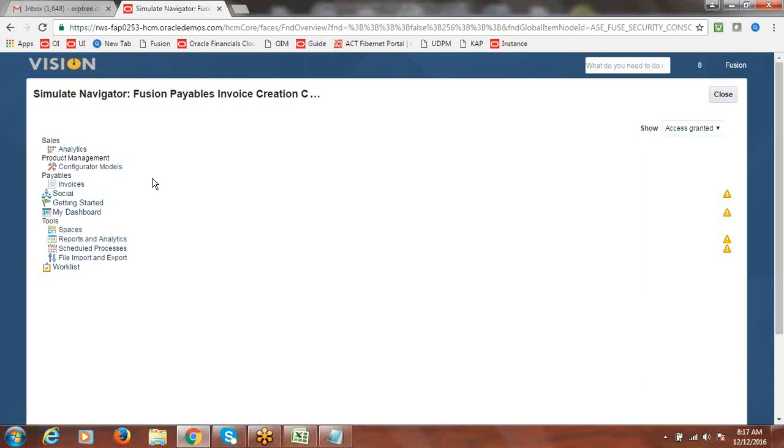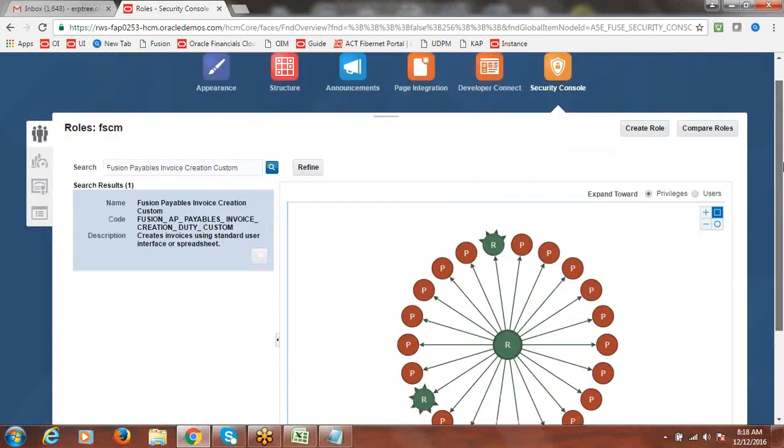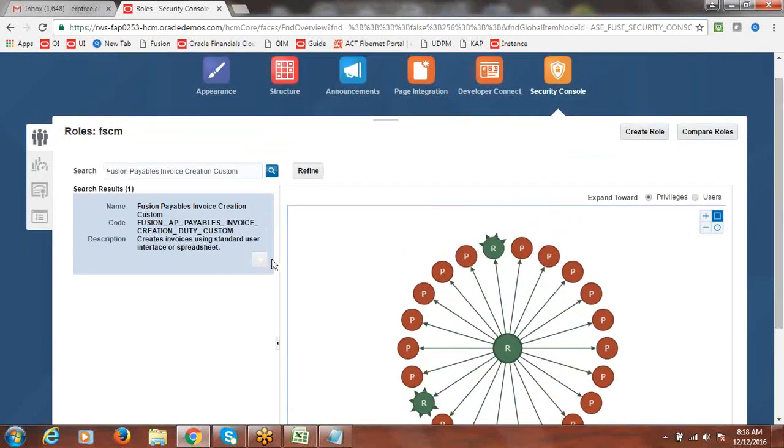Okay, if you want to compare the selected role with what the current user has access to within that, if you go with this role, what privileges will this role give? If you want to know, you can just simulate and you can understand. Only for invoices. Yes, this we created for only invoices. Okay, that is the one.